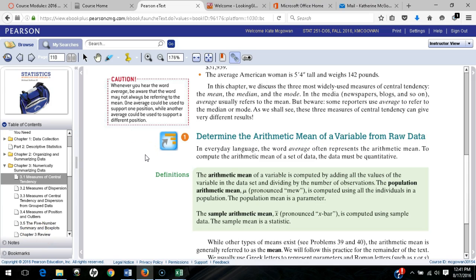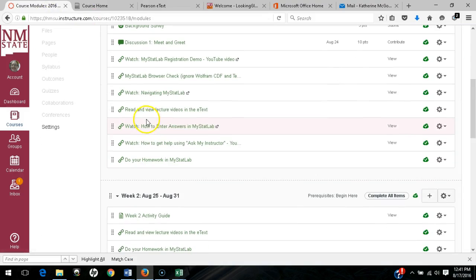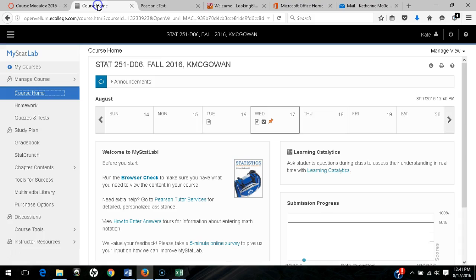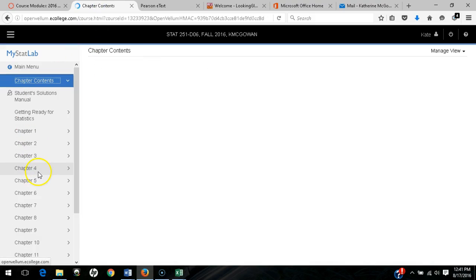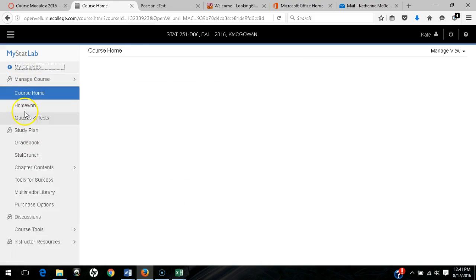Now please note that there are a few different ways to access the ebook. One of those is through course modules, where we see links to the eText that will open the full ebook. You can also go into your MyStatLab course home and go through chapter contents. Now, the third way to access the ebook is through the homework. So if I click on homework,